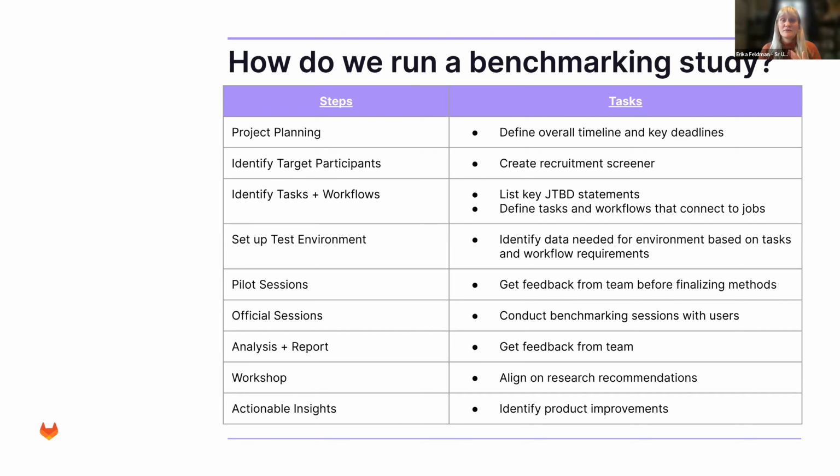It can take 3 to 4 weeks of just iterating and getting that environment set up, and that's eng heavy. We cannot do it without you. So that's something to start thinking about in the planning stage: when is eng going to be available to dedicate some sprint time on that? I think that is the biggest barrier for getting the stage ready to do one of these. And then again, in the pilot, to get that feedback